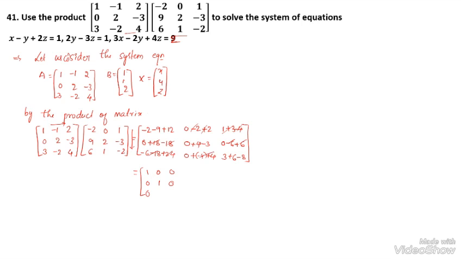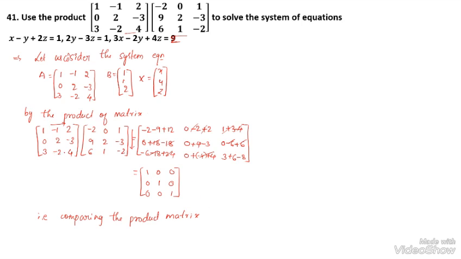Here minus 4 plus 4 is 0, 3 plus 6 is 9, 9 minus 8 is 1. Okay. When we take the product, we will get the identity matrix. While comparing the product matrix,